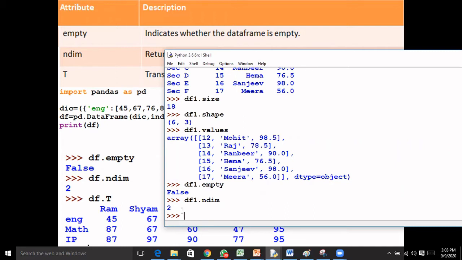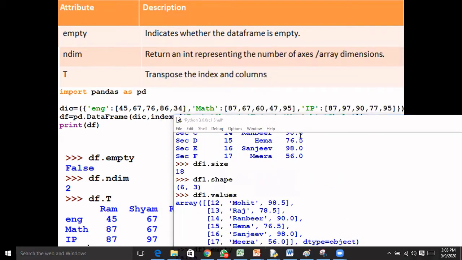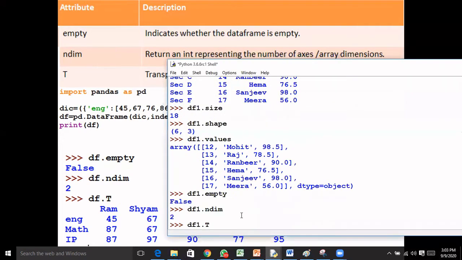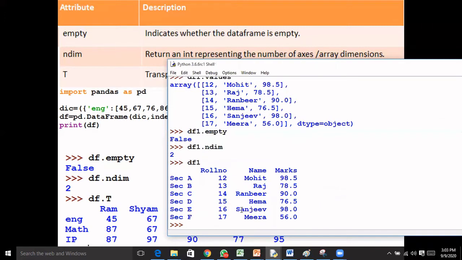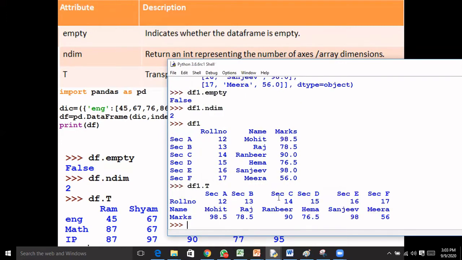Now if I say df1 dot T, so T means transpose. What does transposing mean? The indexes will become the columns and the columns will become the rows. So let me first show you df. This is my data frame. As soon as I do df1 dot T, my rows have become columns.